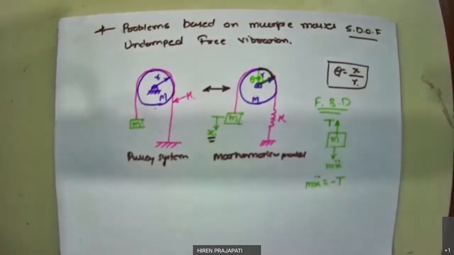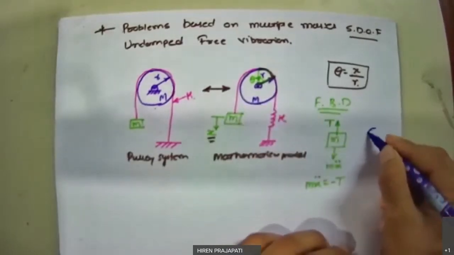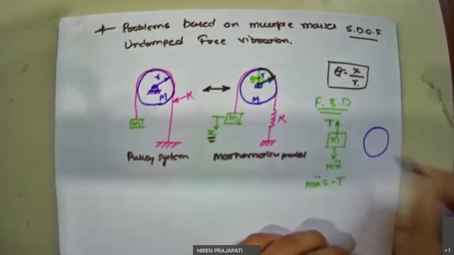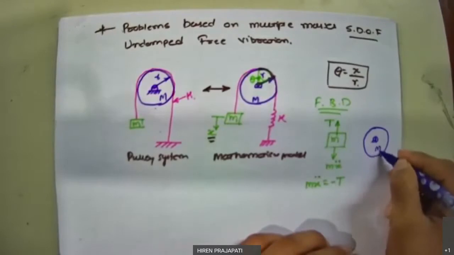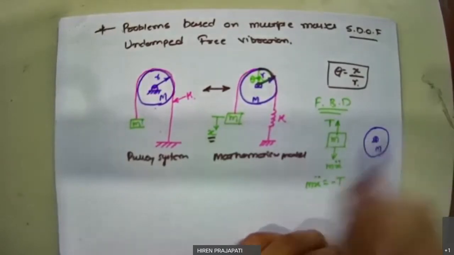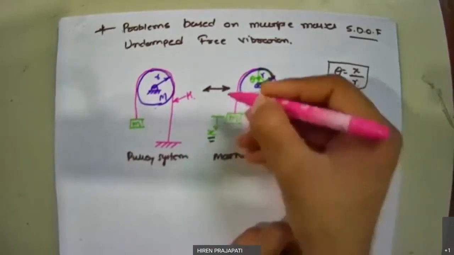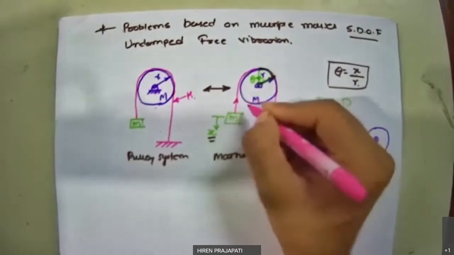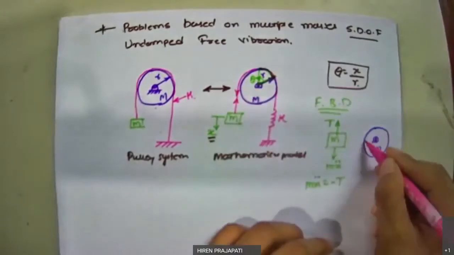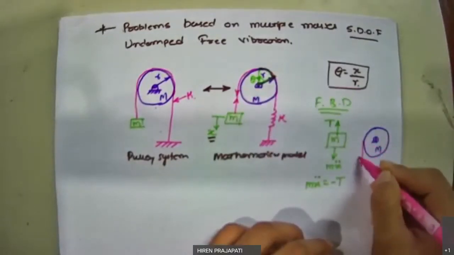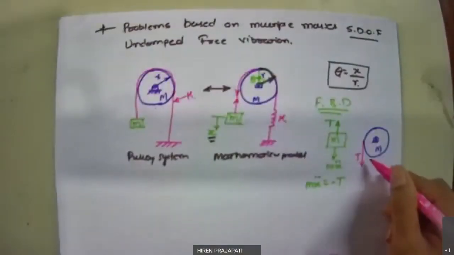Okay. Now next we draw the free body diagram of the second system, this pulley mass. If I draw the free body diagram of this pulley, this is N, and this is N. Now see, as per Newton's third law, if T is upward here, then on this pulley an equal and opposite pull will be present, right? So I can draw this direction of T. Equal and opposite forces on the same element, right? So that is what is represented here.